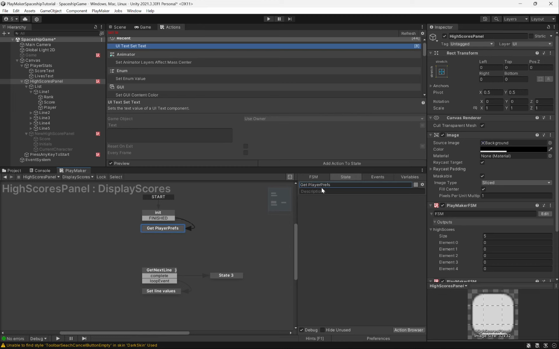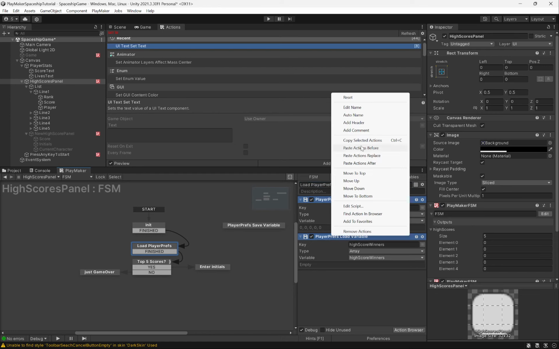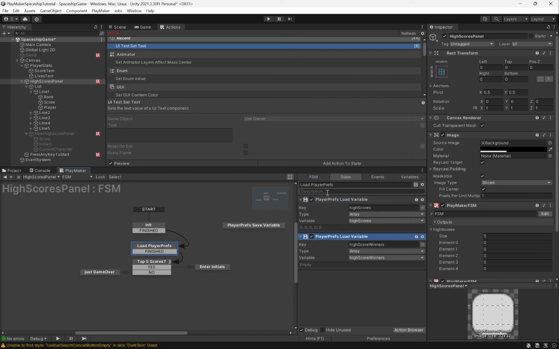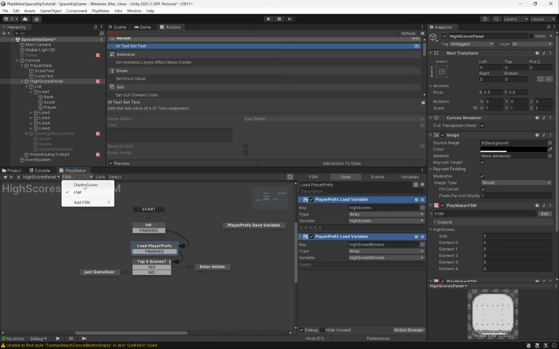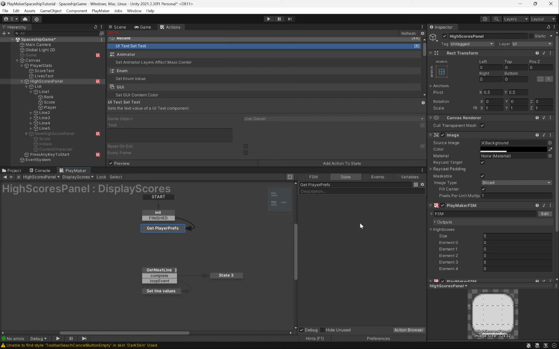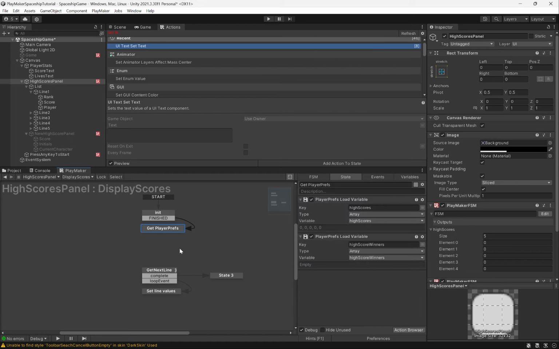Okay, so we can come up here, we can come over to our other FSM, right, where we load the player prefs. I'm going to copy these 2 states. I'm going to copy these 2 selected actions. Okay, copying them, and I'm going to bring them back over here. I'm going to paste them in here. Okay, so we're loading these variables into these arrays. So now you can see we have these arrays, high score and high score winners. And so what we could do now is we'll send to here,